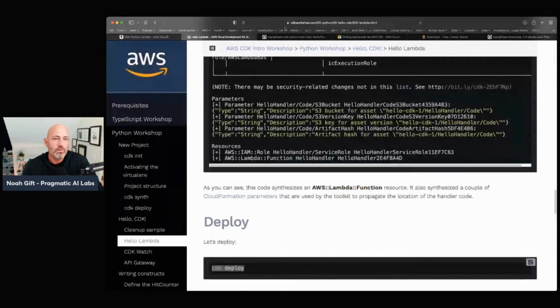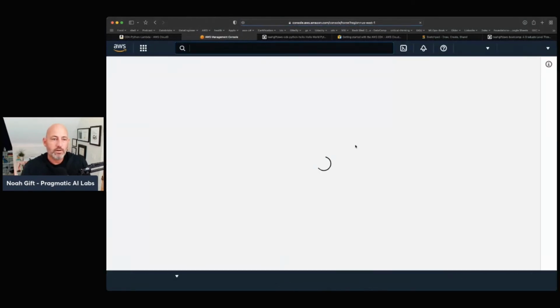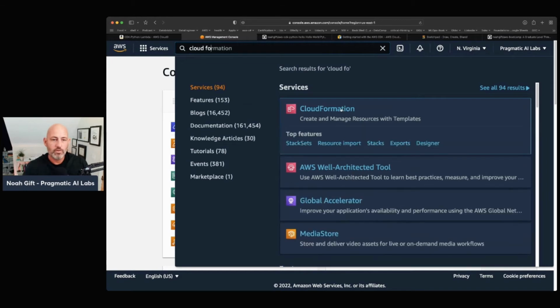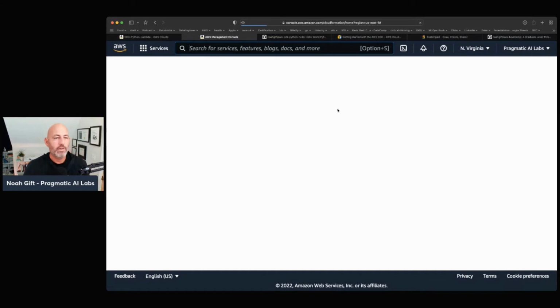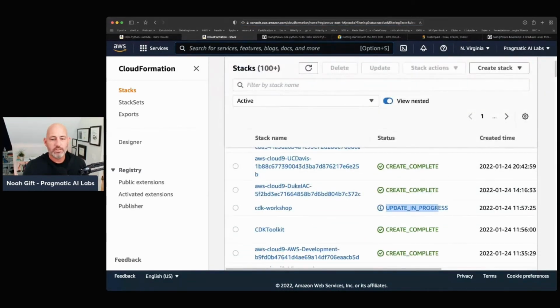Now I can toggle very briefly here to the AWS console. If we look inside of the AWS console here, we should be able to see CloudFormation and look at what it's doing. So if you go through here, you can go to CloudFormation and see how the CDK environment controls CloudFormation, which in turn controls the infrastructure of AWS. And we see right here, it's doing an update, right? It's doing an update of something in CDK.